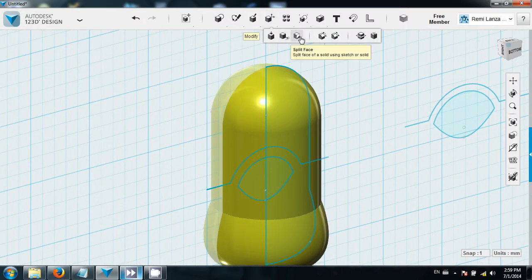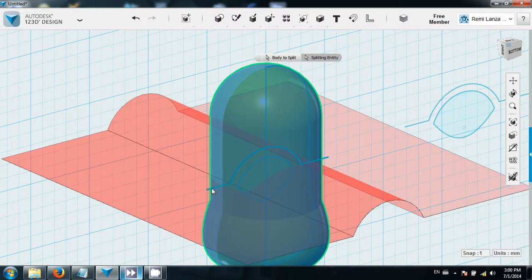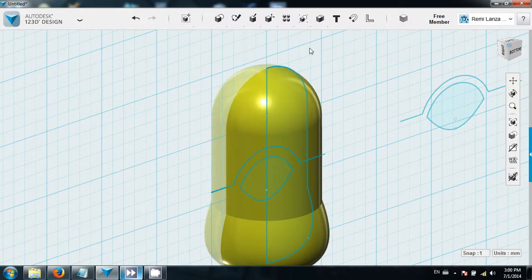I will go to split solid, select my body, and then splitting entity. First I will select this top one. You cannot select both, okay? So I'll select this one, and then you will see it will make this cut, and press enter. Again,